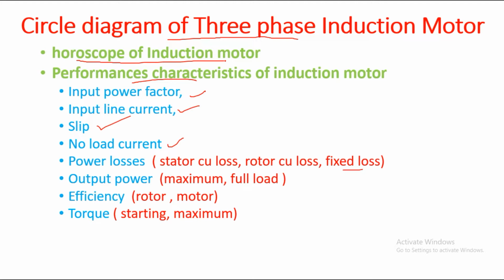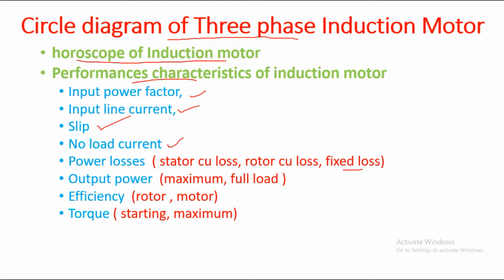We can say it is a diagrammatic, that is graphical, representation of an electrical machine to determine the performance characteristics of that particular electrical machine. It's not only for the induction motor; we can make use of the circle diagram for obtaining performance characteristics of any electrical machine, both rotating as well as static devices. In a circle diagram, we have a combination of phasor diagrams, that is a collection of phasor diagrams with respect to a common reference axis.